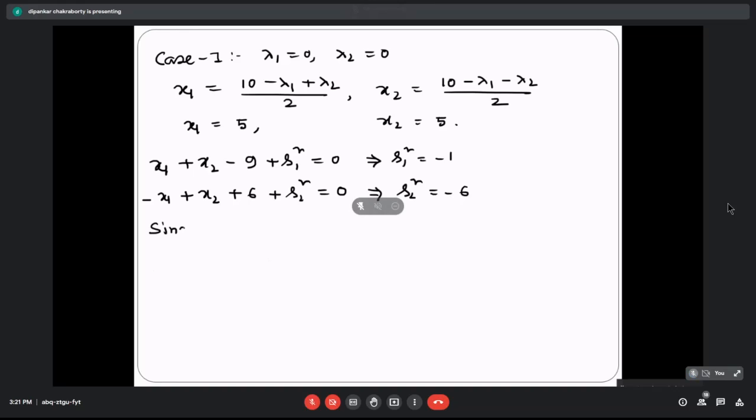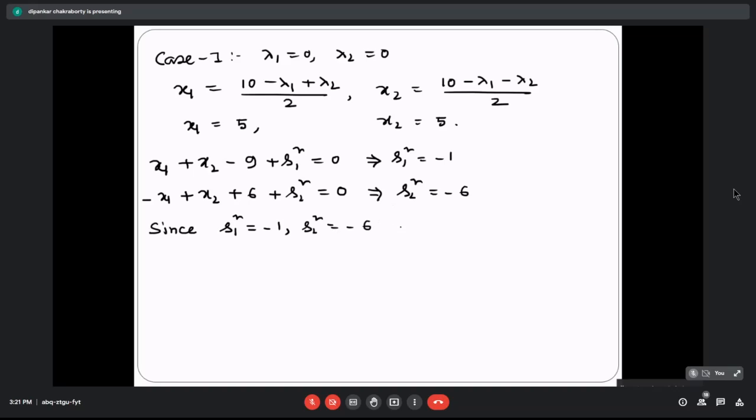Yes, sir. You have to mention those reasons. Please remember that what I'm writing or saying is for some purpose. If you miss those things in the exam, you are going to lose the marks. Although you have done each and everything correctly, if you do not write it properly, you are going to lose the marks. Everything depends on how you are explaining the thing. Please remember this. So as s1 square is minus 1 and s2 square is minus 6, you have to write down why you are not accepting this solution.